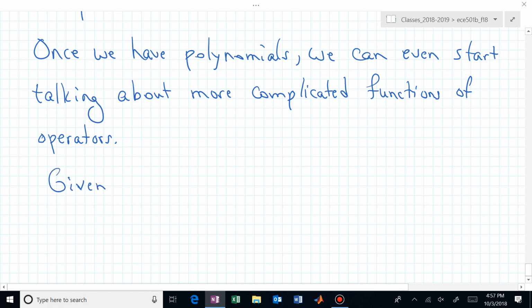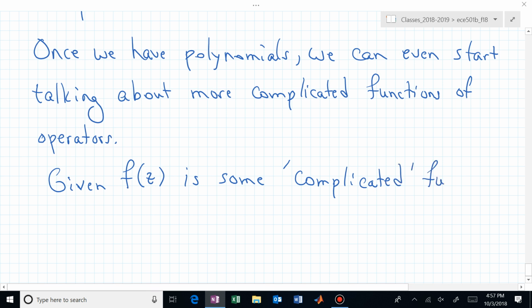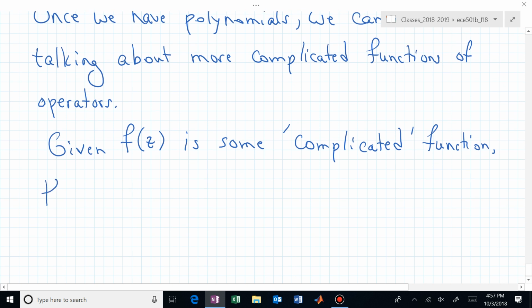For example, if we are given f of z, and let's say f of z is some complicated function, then f of T, that complicated function of our operator T, we can define to be p of T,